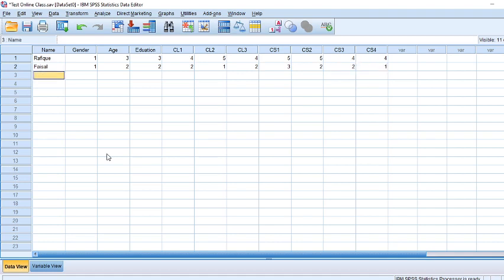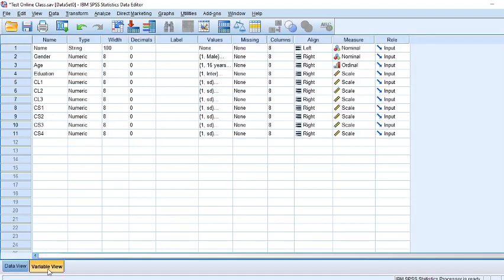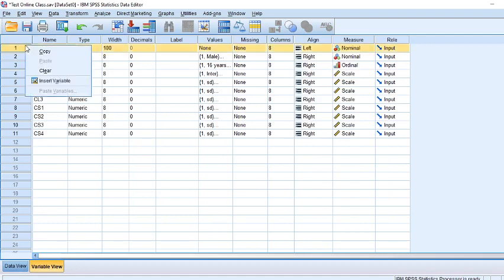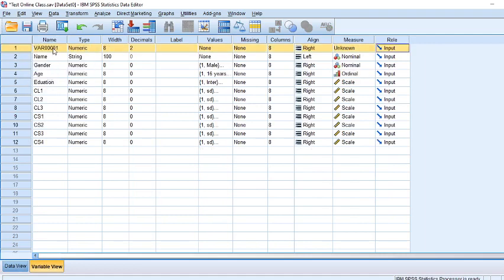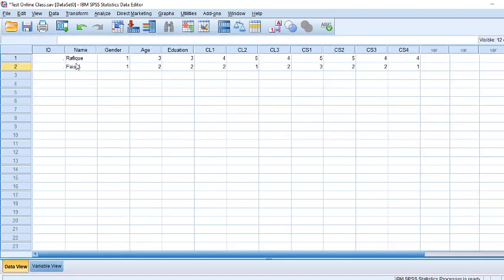Let's suppose this is questionnaire number 1, questionnaire number 2. Another very important thing I missed: you need to create a first variable, which should be ID. ID is your questionnaire number. So here is questionnaire number 1, questionnaire number 2. That's why I was telling you to remove the decimals.